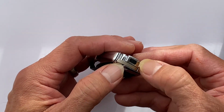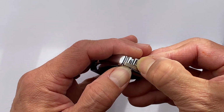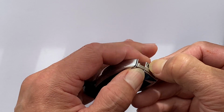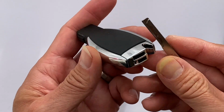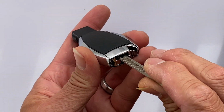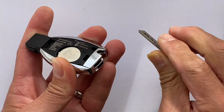You see the lever here, the black lever here, right? If you push it down like that, at the same time you push the key blade out. See here, this is the key blade. Yeah, so if you turn it around, there's a catch there. If you just push it in like that, yeah, see, the